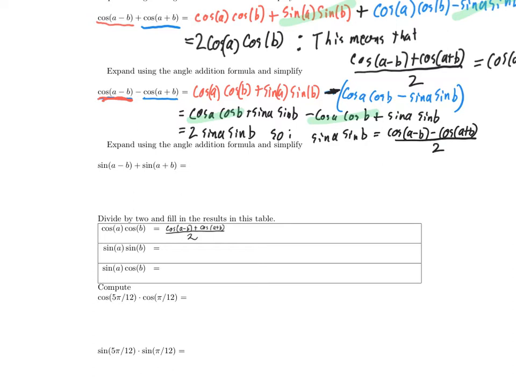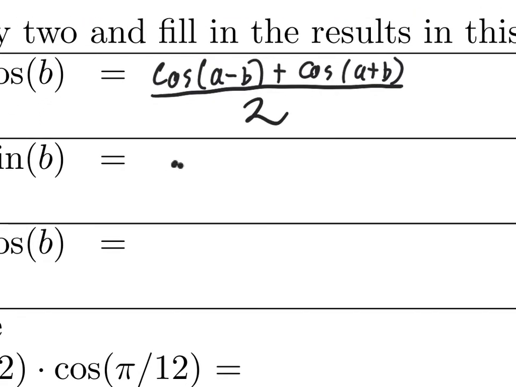Nice, let's write that down. Sine A sine B is equal to the cosine,